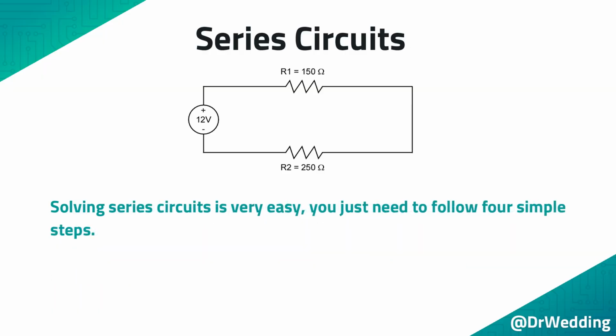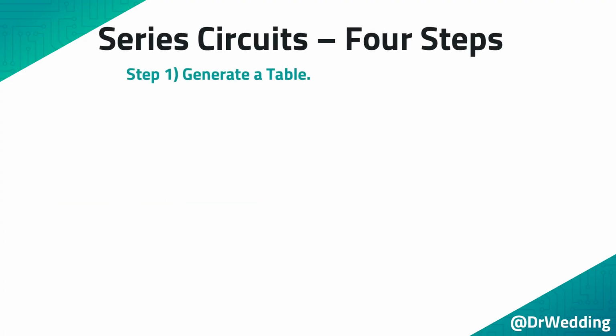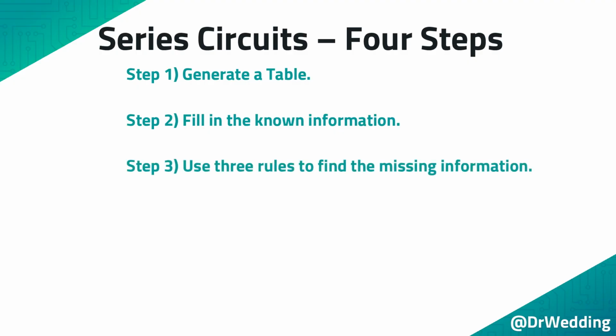Solving series circuits is very easy. You just need to follow 4 simple steps. Step 1. Generate a table or a chart that will hold all the information about the circuit. Step 2. Fill in the known information. This means copy the given information on the circuit into the corresponding sections of the table. Step 3. Use 3 rules to find the missing information. All of the missing information on the table can be calculated if you follow 3 rules. The 3 rules are: